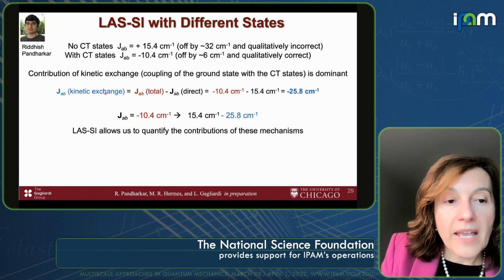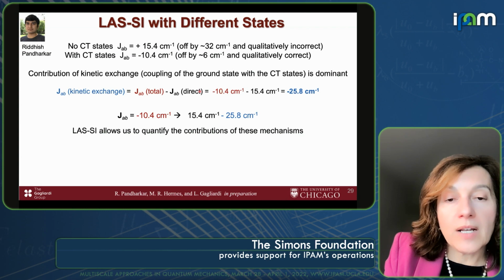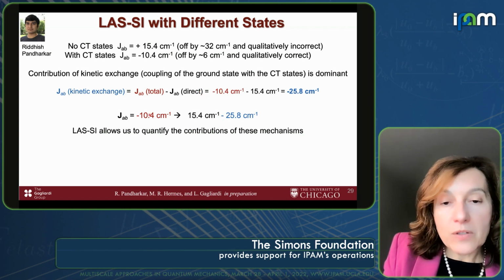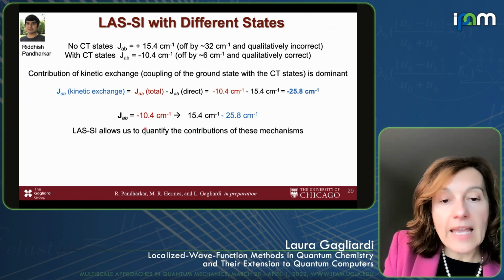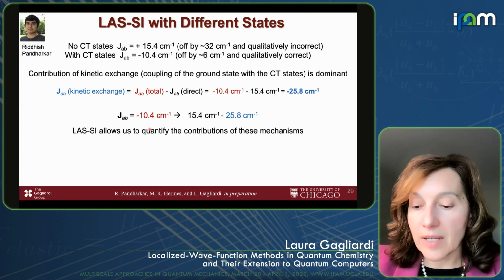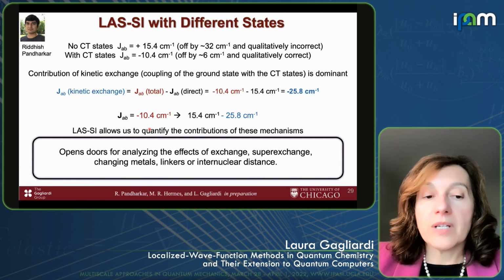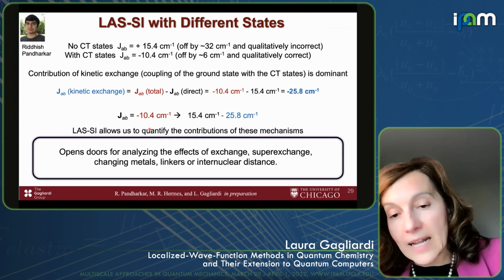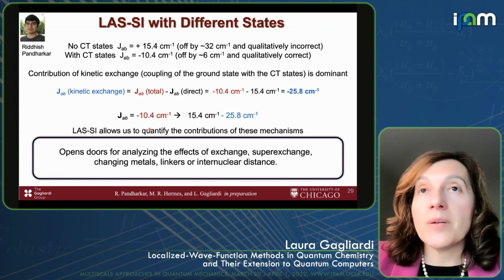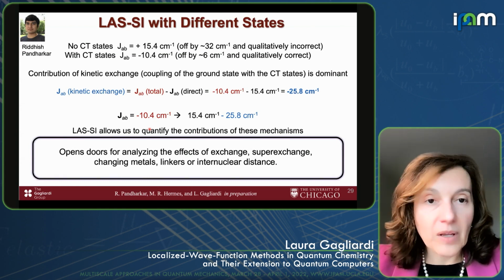If the kinetic exchange is the difference between the total minus the direct, then we also know what the direct is, and we can quantify the contributions of these mechanisms. So this opens doors towards the opportunity of analyzing, for example, exchange, superexchange, changing metals, linkers, or the internuclear distances. So this is quite